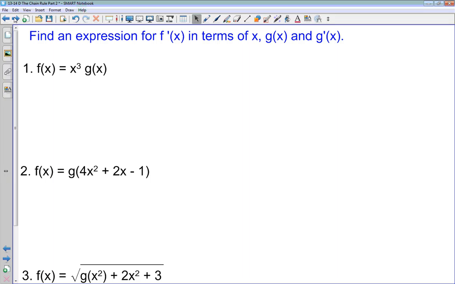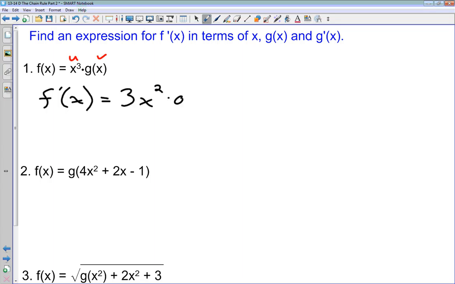I don't know what g of x is, but I know that what I have here are two functions that are multiplied by each other. So I'm going to have to use the product rule to get my derivative. I'm going to define my first function u as being x cubed, my second function v as being g of x. So my derivative, f prime of x, is going to be u prime times v,